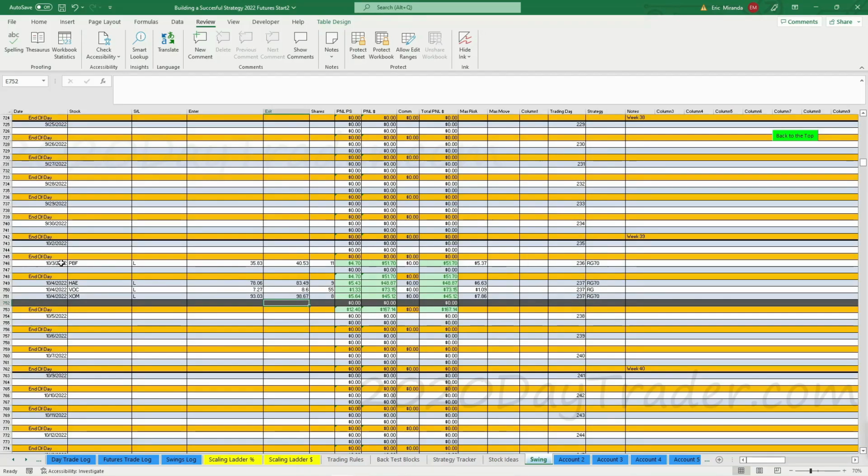So here we are. Here are the 4 trades that we're in right now, and I'm going to show you those charts so you can see that I got in them, that they're still active and all that good stuff. So PBF, HAE, VOC, and XOM. So keep in mind the date, 10/4/2022.